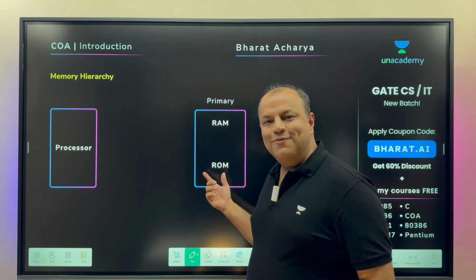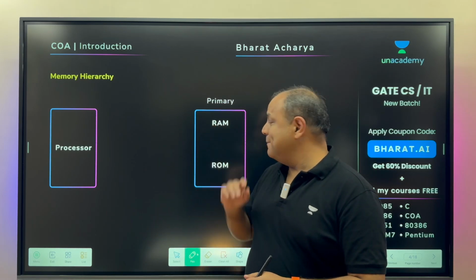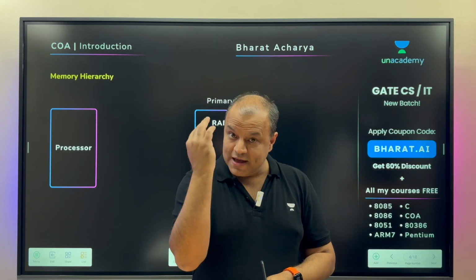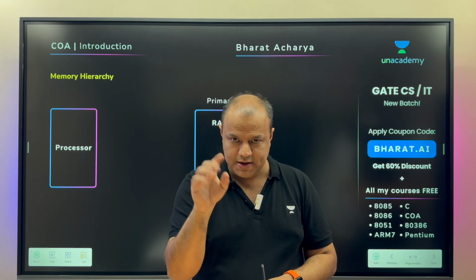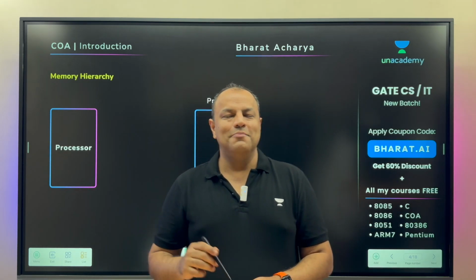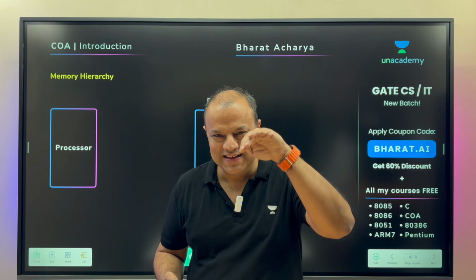So you can't have only ROM because you can only read from ROM, you can't write. RAM on the other hand, very different. Random access memory. Why it's called random access, you'll come to know. Not because you can read and write. There's another reason. It's not sequential, it's random. You'll come to know when I teach you the RAM cell. But the point is, in RAM, you can read as well as write.